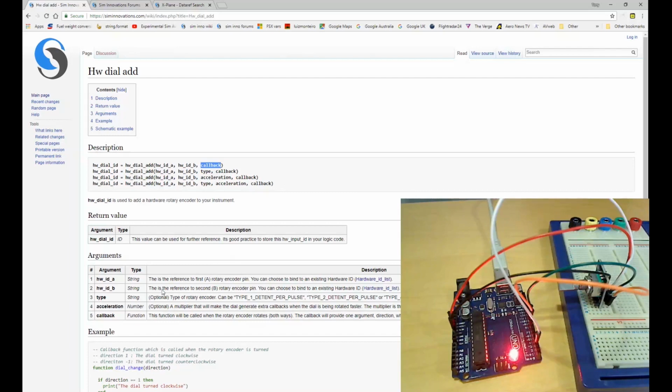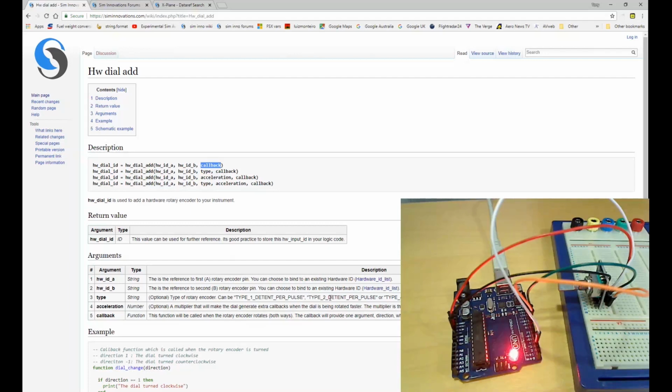Now I would urge you to use them, well, not necessarily acceleration, but certainly the type one, because it forces you to learn about your encoders and to understand what type of encoder you've actually got, rather than trying to drop back to what the default might offer you, and that may not give you the result that you're looking for. So if you want to understand the different types of encoder, you can jump on the internet and read about them. I think I've even posted some things in the forum about the different types of encoder, but it's to do with the